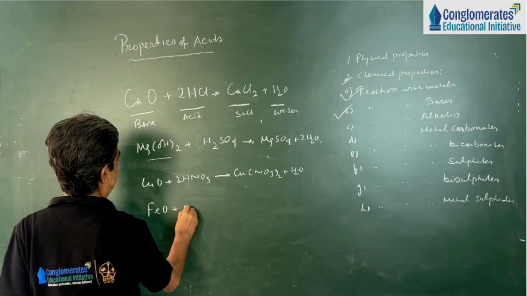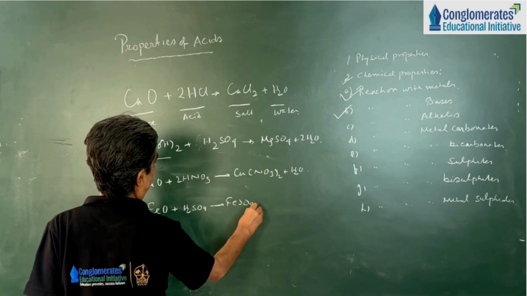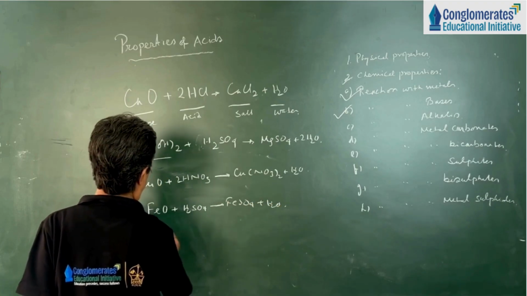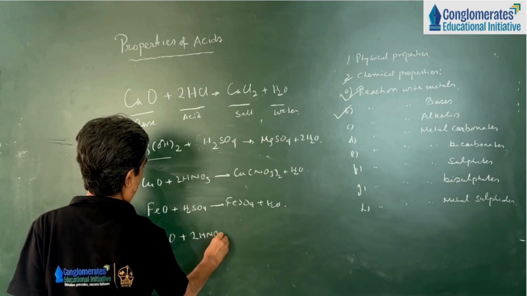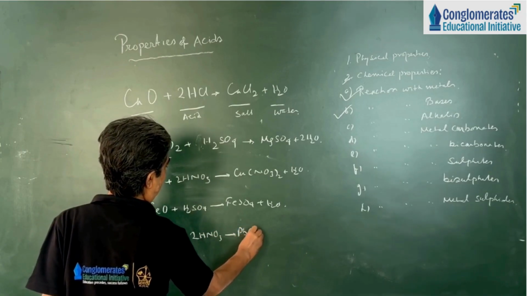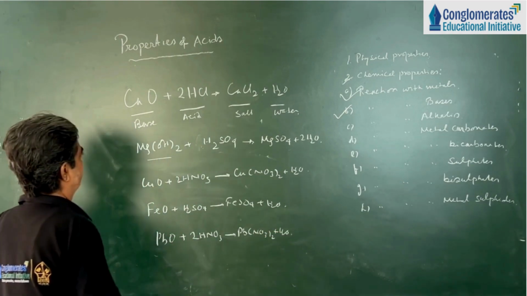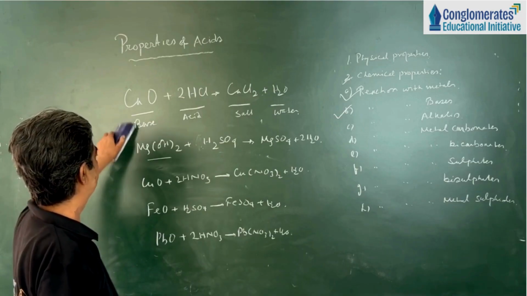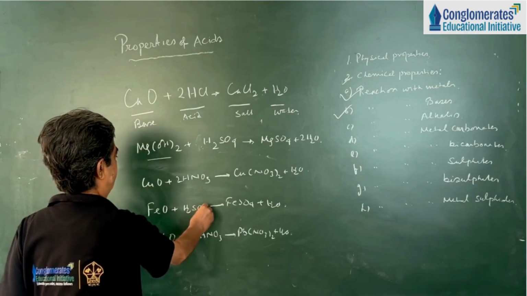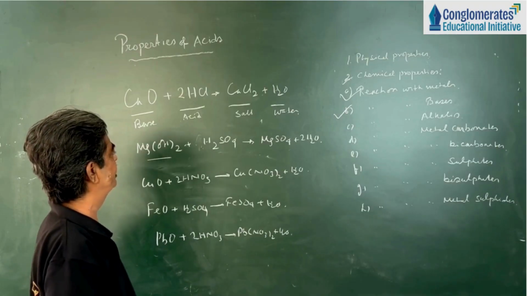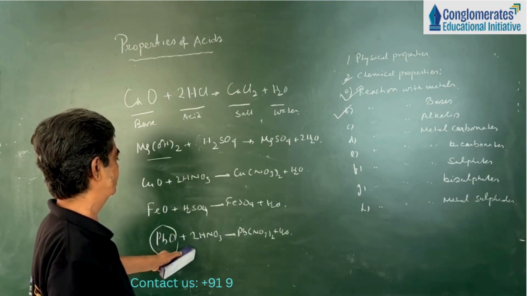FeO plus H2SO4 gives FeSO4 plus H2O, and one more, PbO plus 2HNO3 gives Pb(NO3)2 plus H2O. Now in all these cases, we find that bases react with the dilute acids, all are dilute, to form their respective salt and water, because we know that acid plus base is equal to salt and water. One more thing, this lead oxide, in this case only nitric acid will be allowed to form salt